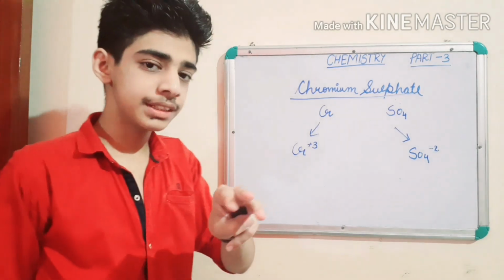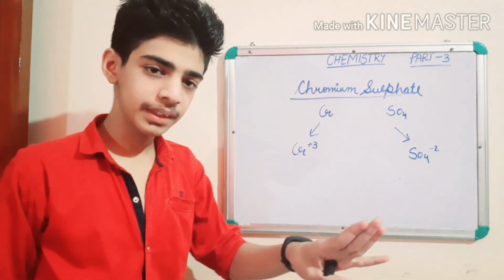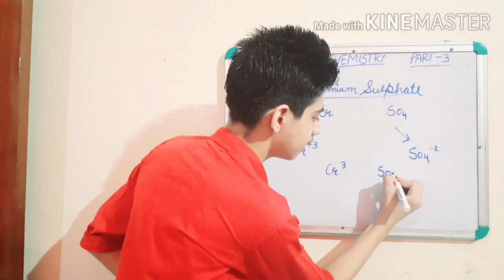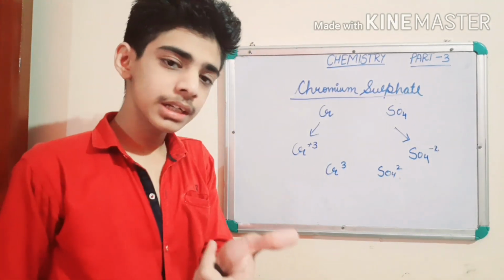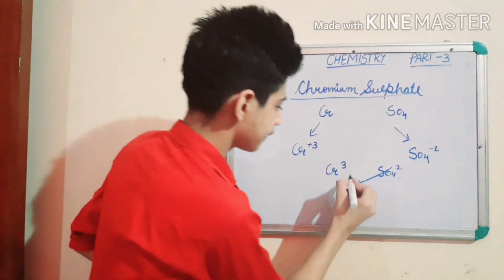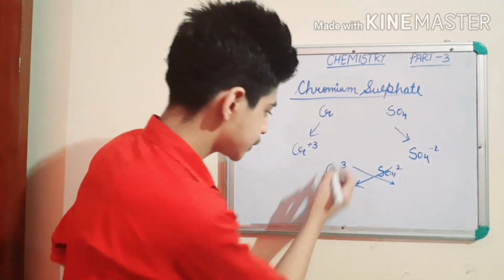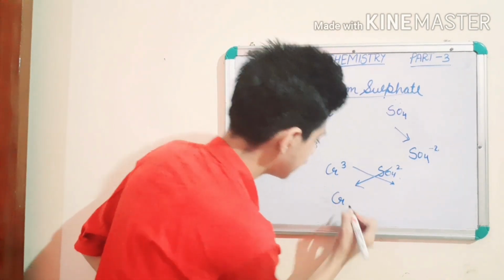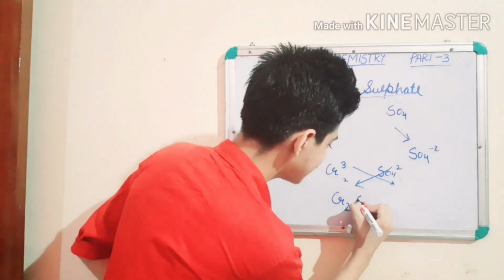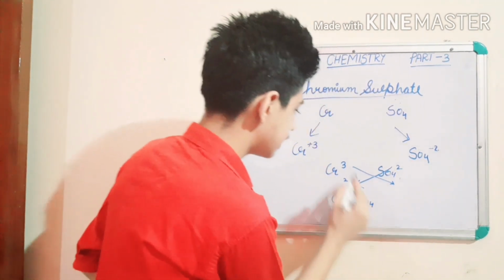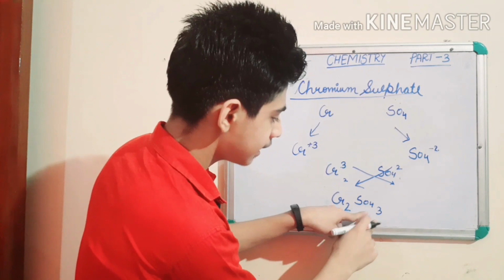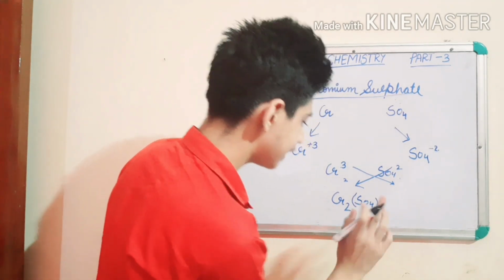Now the third step, what does it say? Ignore the positive or negative sign. Just write it like this so that you may not have any problem. Okay, like this. So the step says interchange the valencies. 2 comes here, 3 goes there. So what will it be? Cr, 2 comes here, so it will be Cr2. SO4 we will write like this only. 3 here, so 3 goes there. See, if two numbers are connecting to each other, make a bracket to make it clear, because it is only